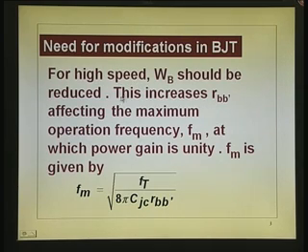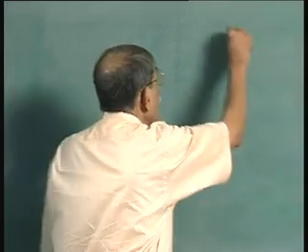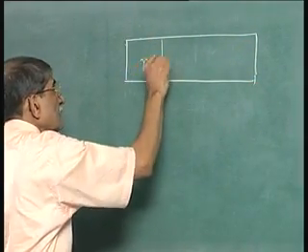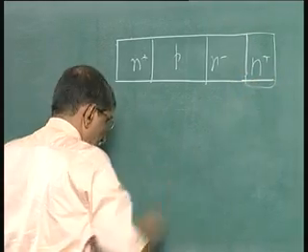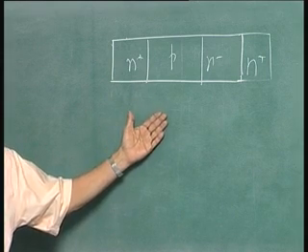Now, when you reduce the base width, a couple of things happen. If the doping is not too high, moderate doping, I can just draw the diagram here. Keep on reducing the base width, you become more and more ambitious, say 0.1, less than 0.1. I have not written it in the slide, but you can see n plus, p, n minus and n plus. You will have a problem. This is a one dimensional picture, but even in the one dimensional picture, one of the problems you will have is the depletion layer